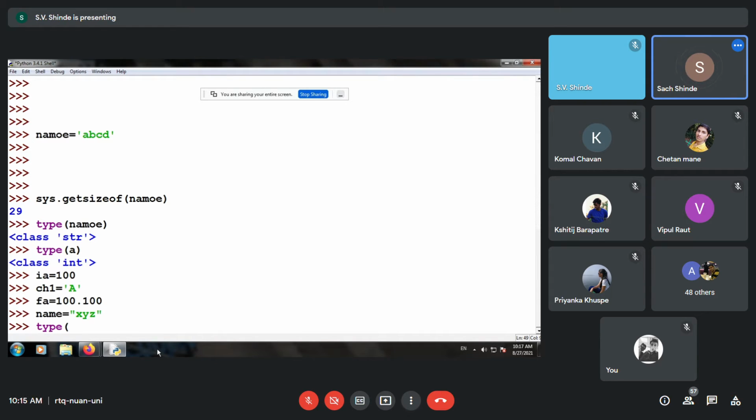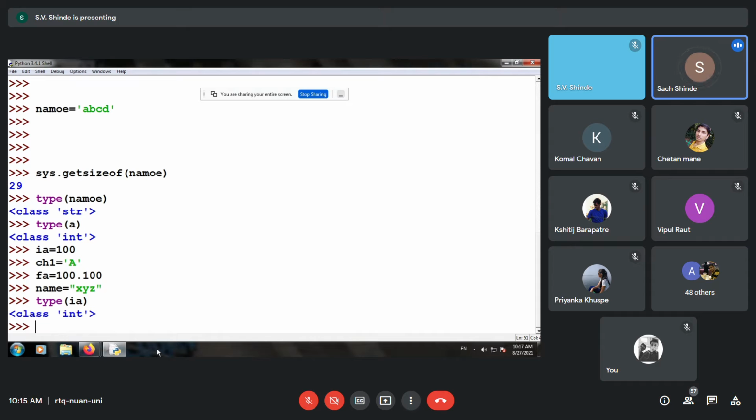I put the function name type, and in that we use IA. You can see that it belongs to the class integer. First we have to find the class of that object, and in C or C++, in Turbo C, we can say the integer has 2 bytes.